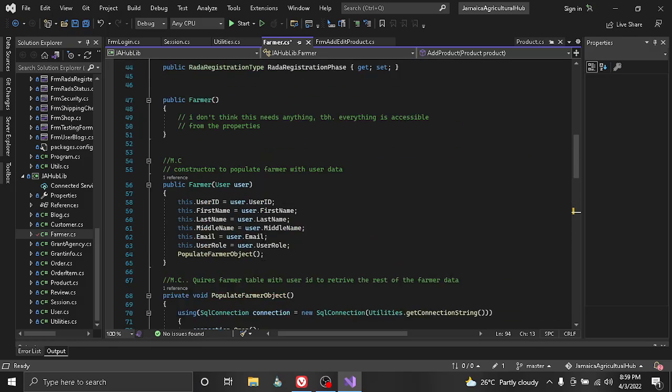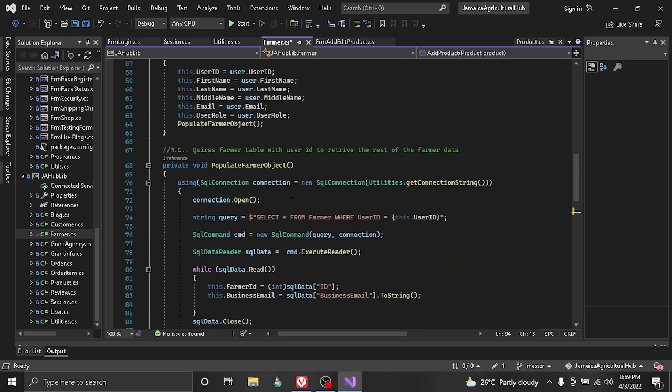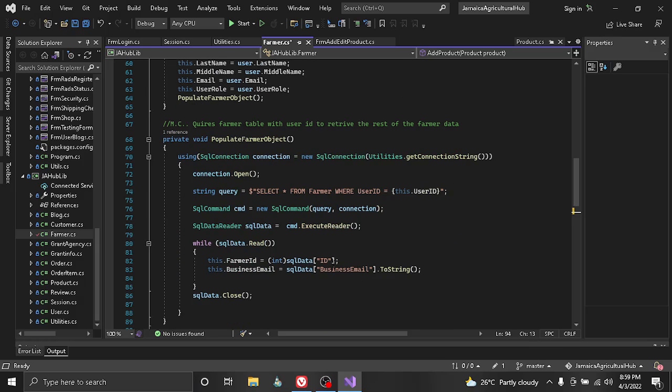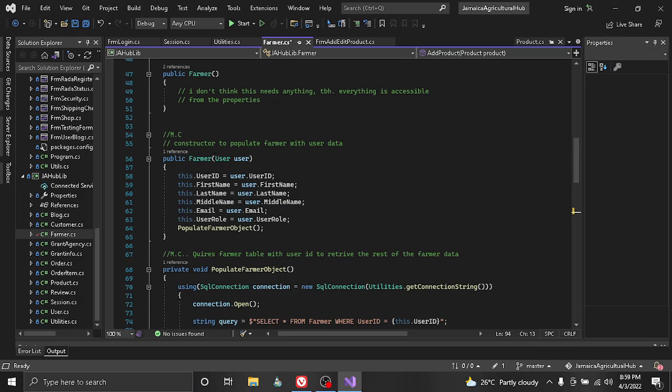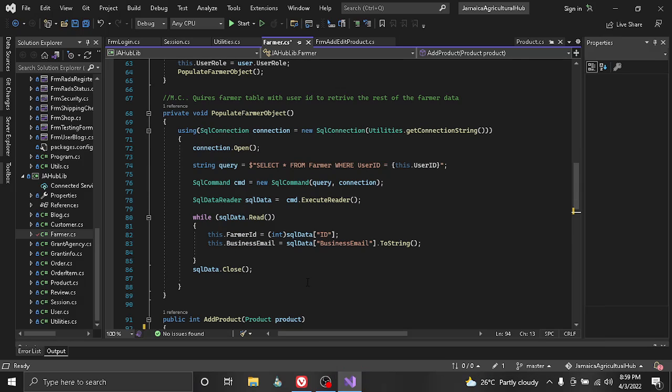Alright, I did make an attempt to do something like this. This is my code. When you pass a user object into this constructor right here, go to the user ID and find the farmer ID, populating not only the farmer ID but